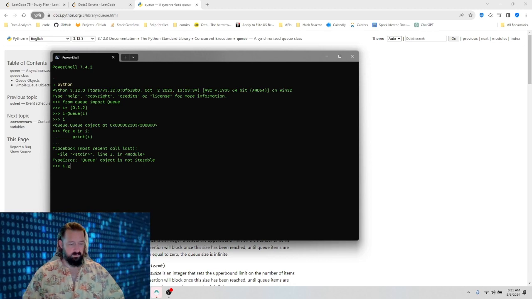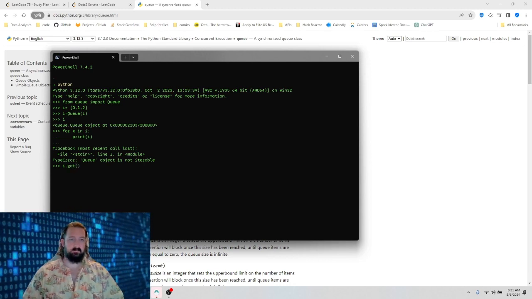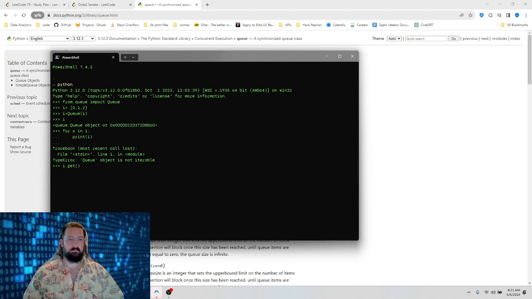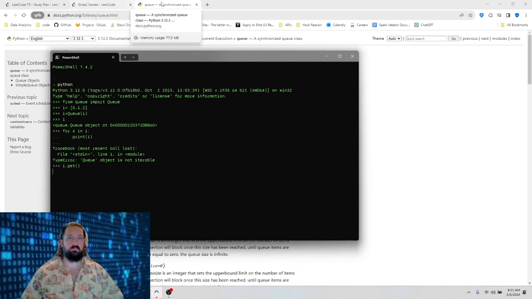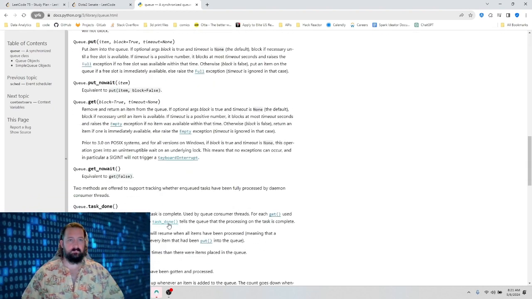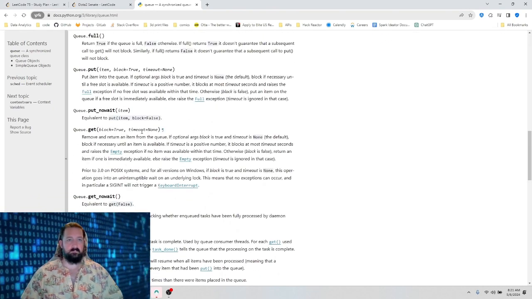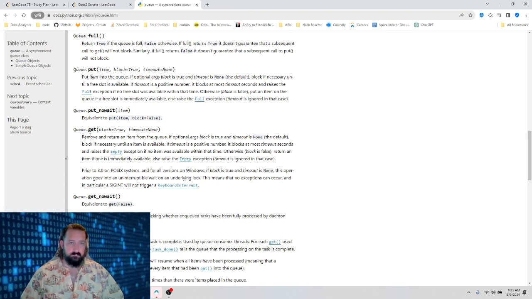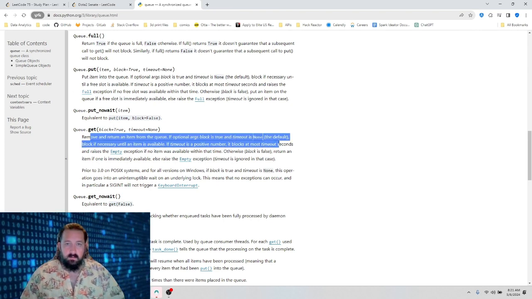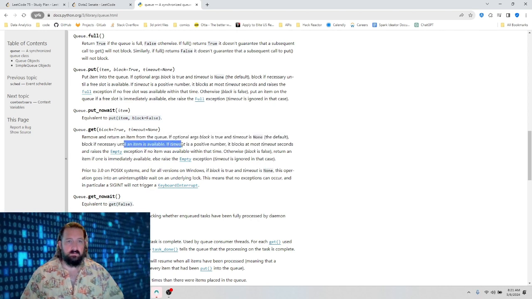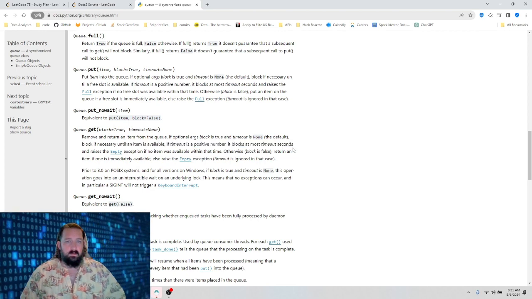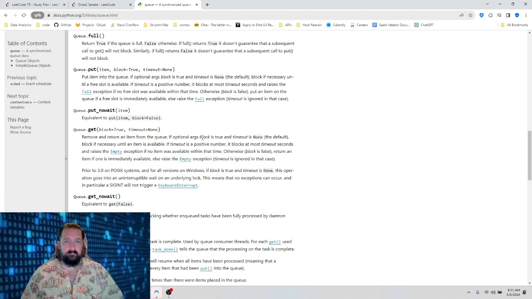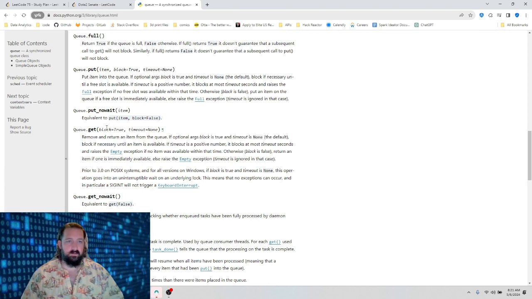Okay, q.get blocks until an item is available if timeout is a positive number. Why would it be blocked right now?